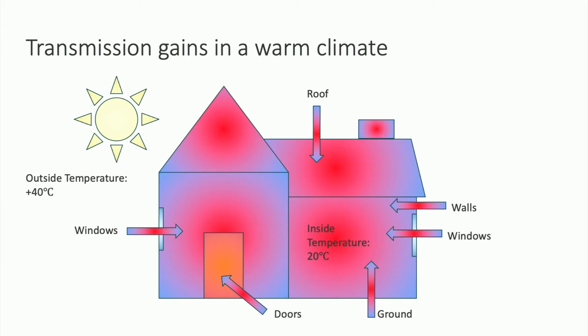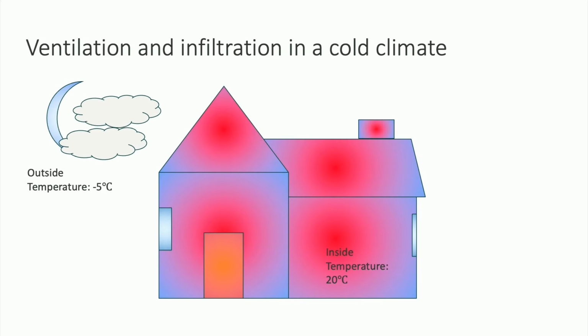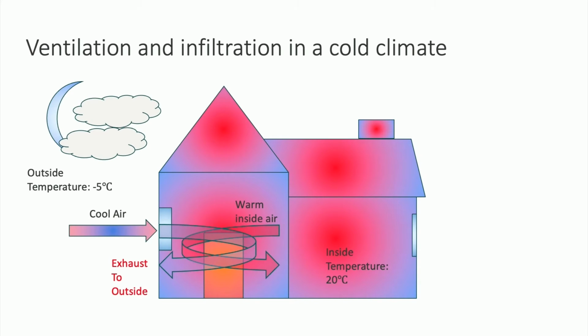The second energy flow is ventilation and infiltration losses and gains. This is the amount of energy that passes the building envelope through air exchanges. This slide pictures again winter conditions with an outside temperature of -5 degrees Celsius and an indoor temperature which is higher than the outside temperature. When outside air enters the building, it will cool the building down. Warm air leaves the building and heat gets lost.